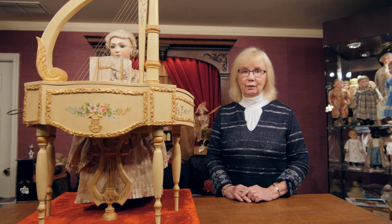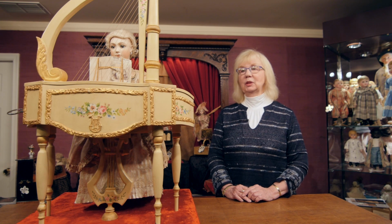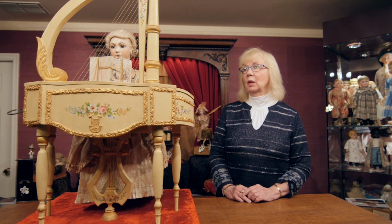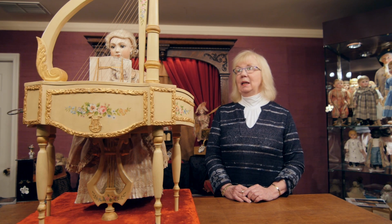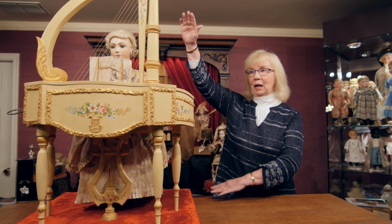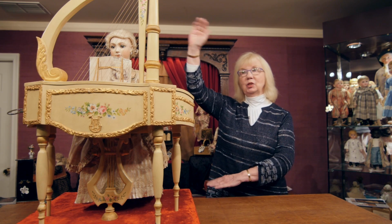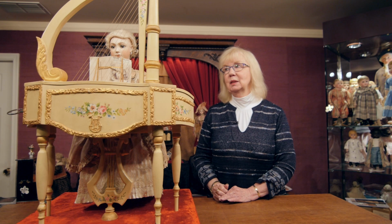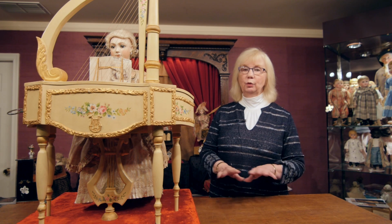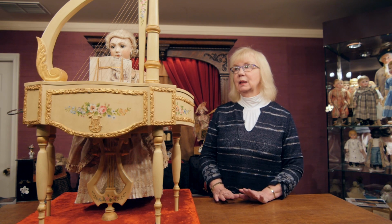Gracing the cover of our catalog is this absolutely stunning and extremely rare piece by Gustave Vichy of Paris, done about 1875 to 1880, a grand size. I'm going to stand next to her for just a minute so you can see what her size is. And she has some wonderful activities, including the graceful way her hands glide across the keys,